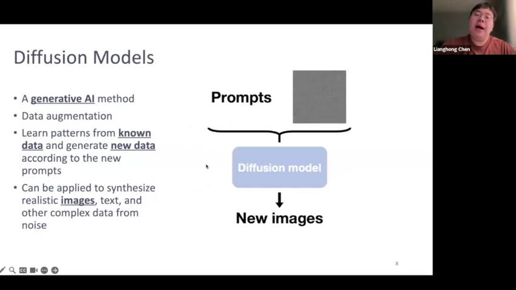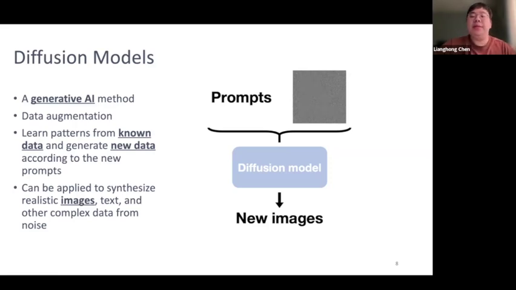To solve the data unpaired issue, the common strategies are collecting the missing data or performing data augmentation. Collecting more data is not feasible in a lot of scenarios because it generally will cost plenty of time and money. Instead, a generative AI-based data augmentation method like a diffusion model is more doable.